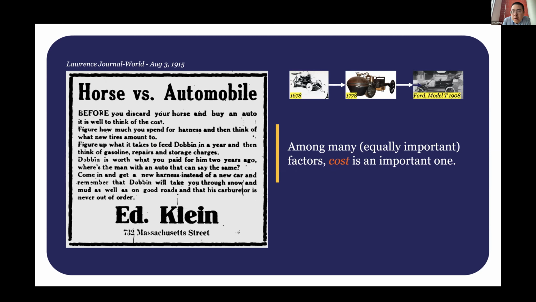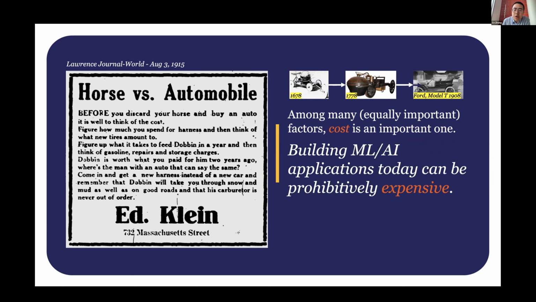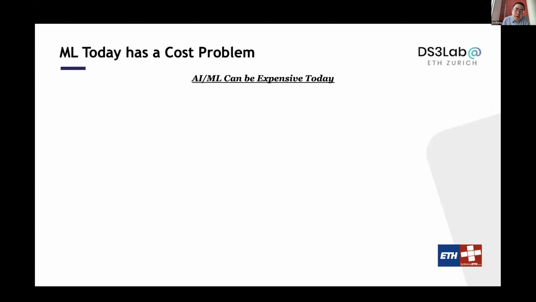in our society. So one argument that I like to make is that if you look at machine learning and artificial intelligence today, they are very, very, very expensive. And we are in dire need of the Model T of AI and machine learning. And if you look at where the cost is really coming from, it's actually a multi-dimensional problem because it can be expensive in so many different ways.